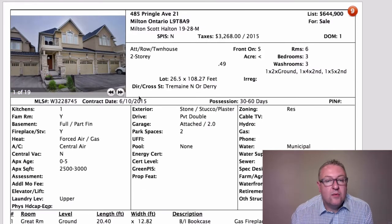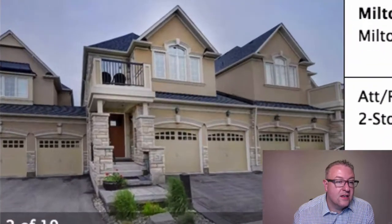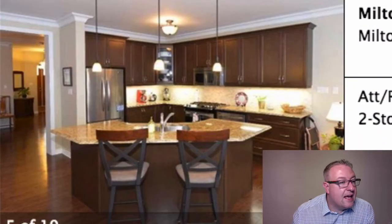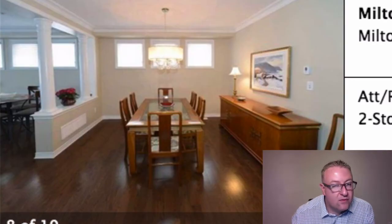485 Pringle number 21 is at 644.9. We actually just sold this one right here, and we did sell it for less than this one. And it's certainly a tricky, interesting market. They're the same floor plan,